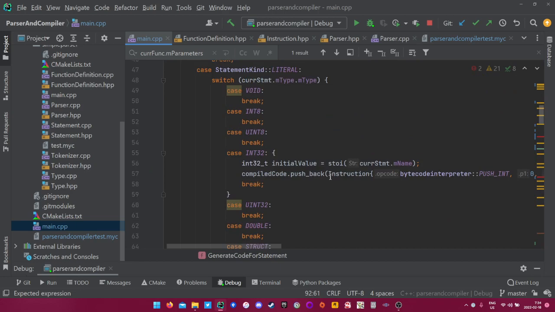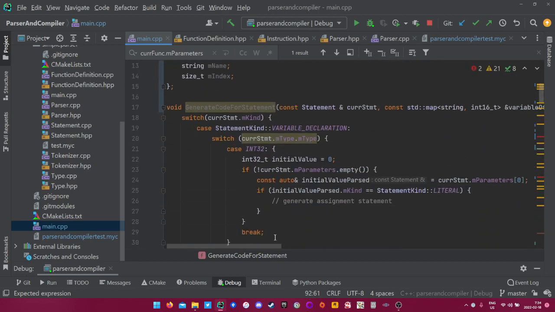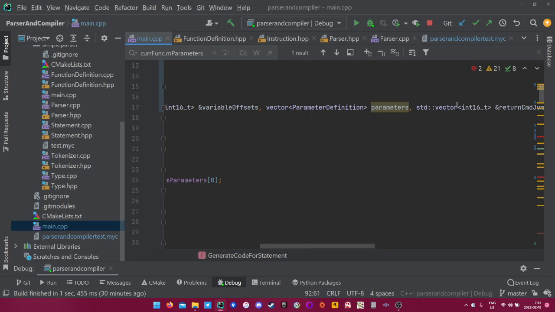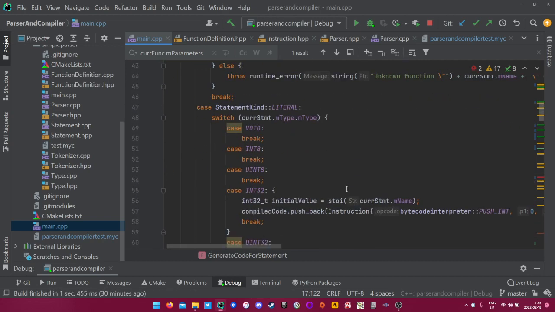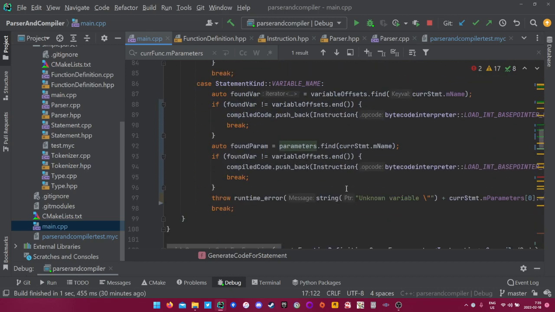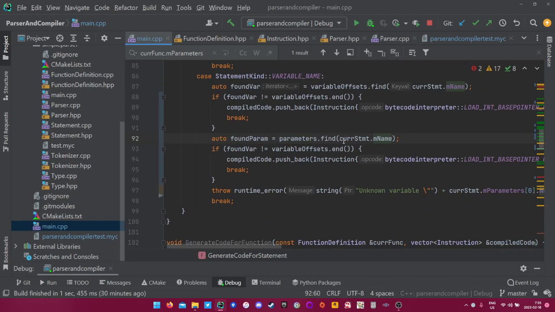Oh right, and I didn't update the type yet. It still thinks it's a vector. Map parameter. Okay, here. Find cur statement name. And now we say if found param not, whoops, params, parameters end, then push back,